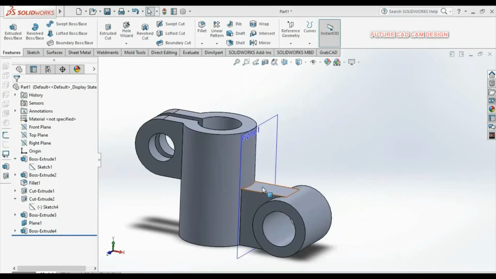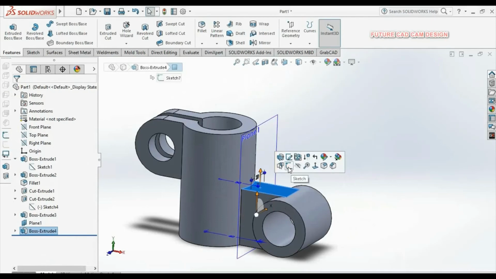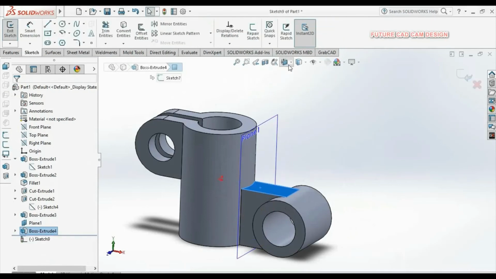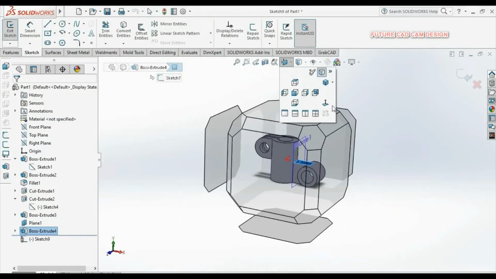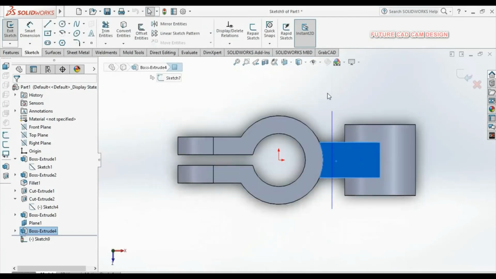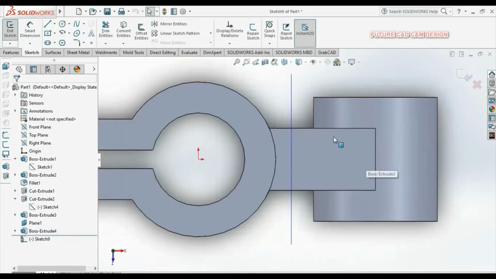So again we are going to make a sketch. Actually, the rib option is not possible on circular corner edges. So instead of using the rib option we are going to use the loft option to make the rib.